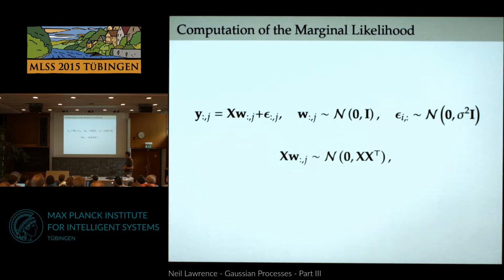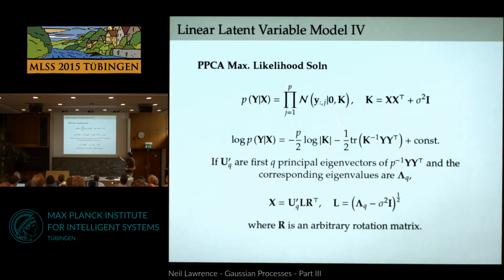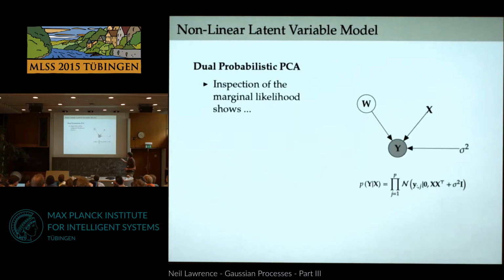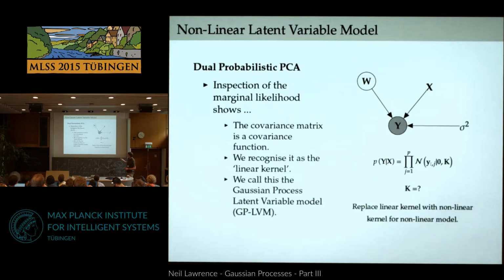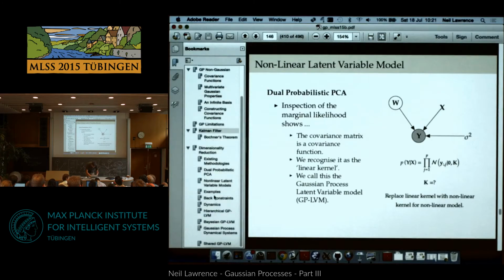Computational reasons. So the GPLVM was this sort of realization: okay, well, let's put a kernel in here. That's just stuff I've said already. And then just noticing that this is a product of Gaussian processes with a potentially nonlinear covariance function over multiple outputs. And then in the last minute, I want to show you what you can do with that with my favorite,